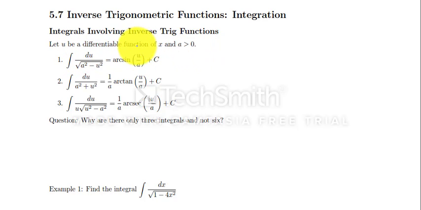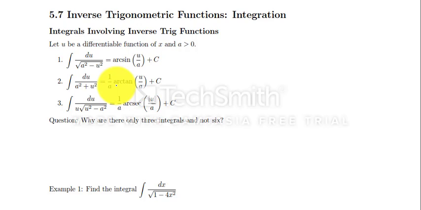So u is an expression of x. And these are general formulas. The integral du over square root of a squared minus u squared equals arcsine of u over a plus c. And we have two other integrals involving